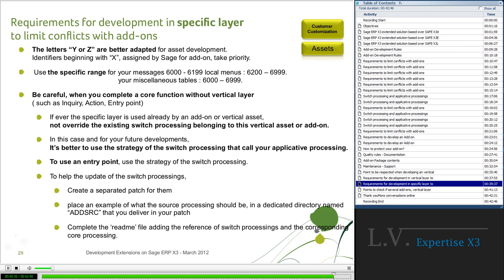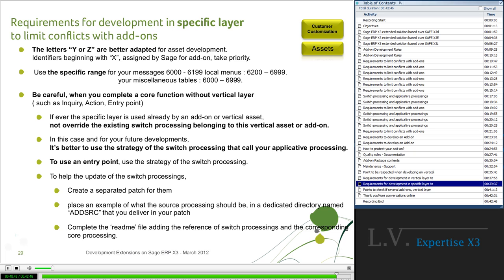If ever the specific layer is used already by an add-on or vertical asset, do not override this existing switch processing belonging to this vertical asset or add-on. In this case, or for your future developments, it's better to use the strategy of switch processing that calls your applicative processing.